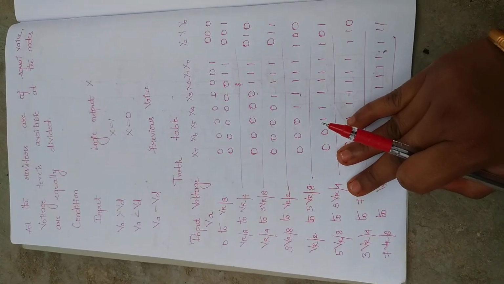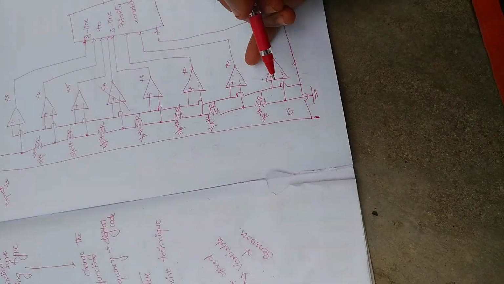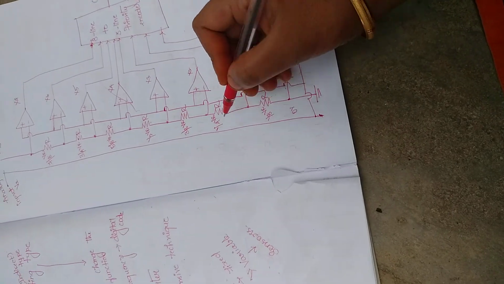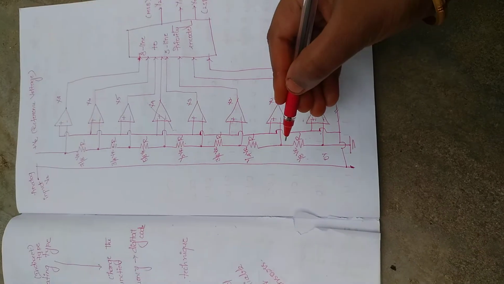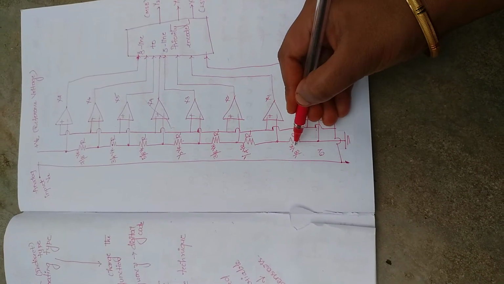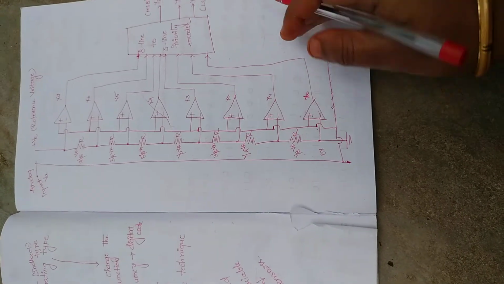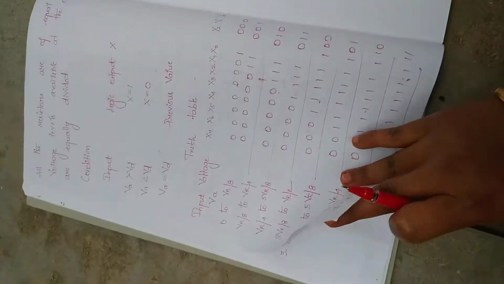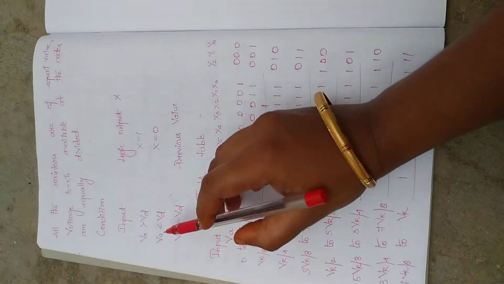Here we have used all the resistors of the same value, 1 by 8 times. These all represent the equivalent resistance value. So that is how we have written 1 by 8 times of VR. VR is nothing but your reference voltage, that is your biasing voltage. Normally we have 3 conditions here.